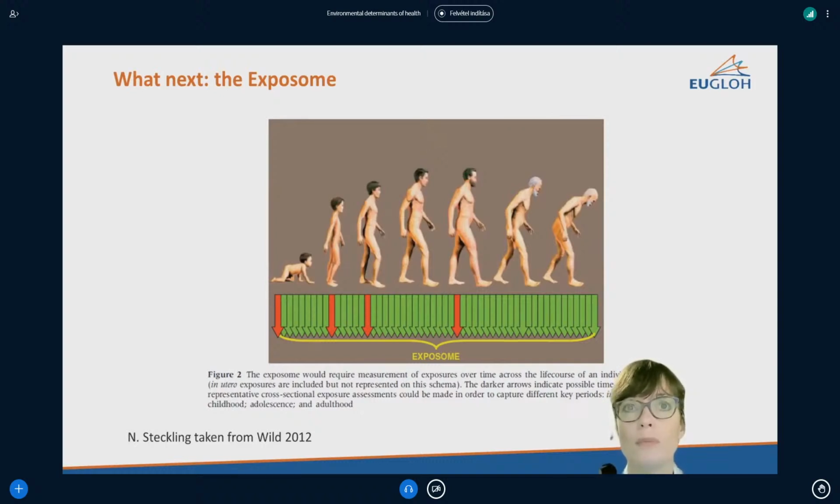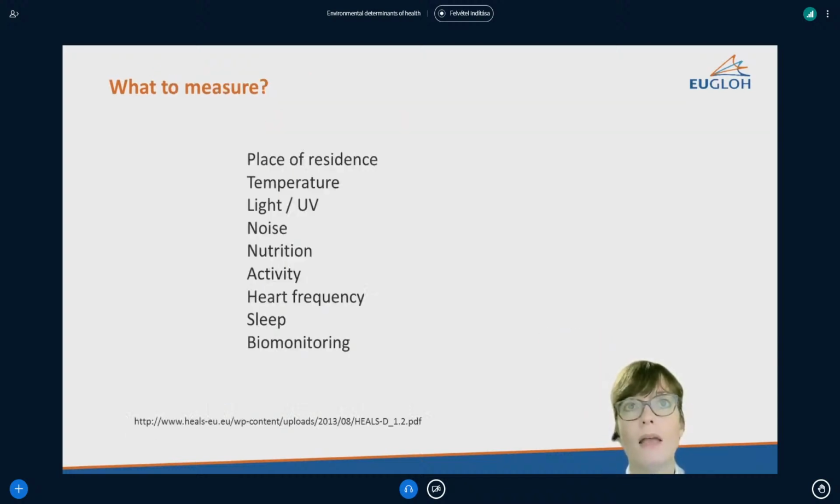Measurement will always be taken at important time points in life to reflect exposures during key periods like in utero exposure, infancy, during childhood, etc. The question is which exposures should be measured? Here is a list resulting from a recent EU project in which my colleague Stefan Brüser-O'Reilly took part